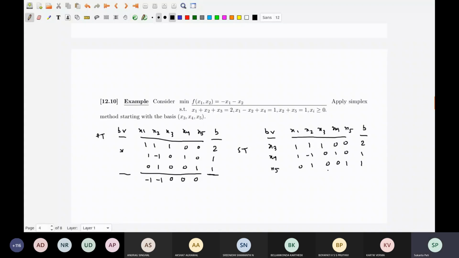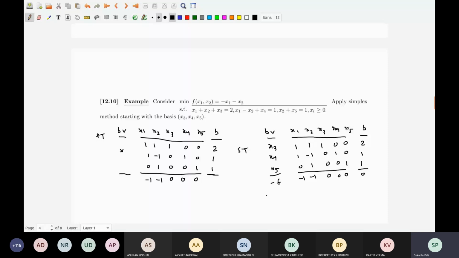And then in order to convert it to the simplex table, what do I have to do? Now I will have to make sure that the entries of C below the basic variables are 0, but they are already 0. So therefore, I simply write them. I don't do anything. So this is the simplex table at the basis x3, x4, x5. This corresponds to a BFS. Do you know which BFS it is?